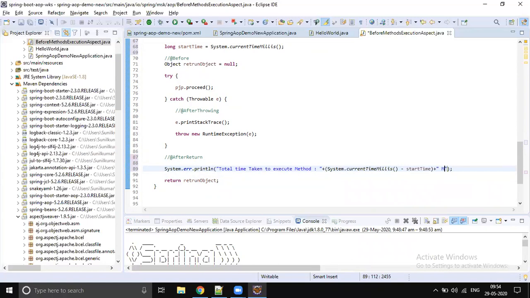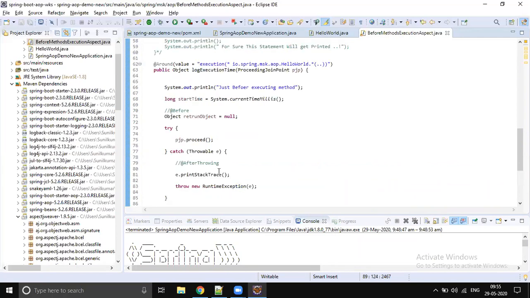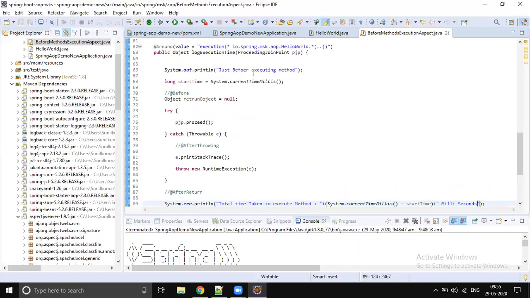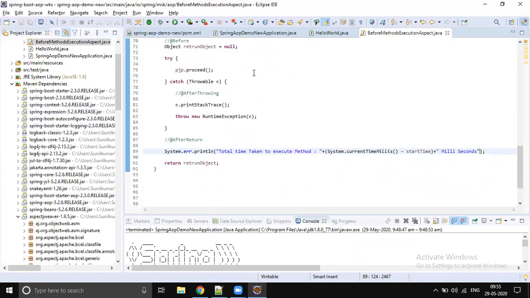Since we are logging in milliseconds, this around advice is going to execute for every method call and log the time.